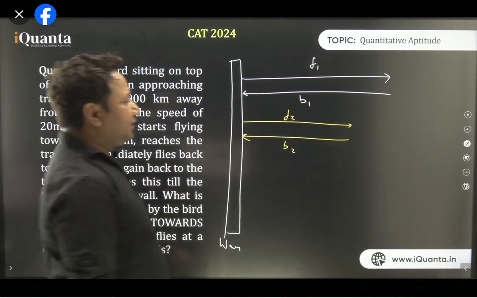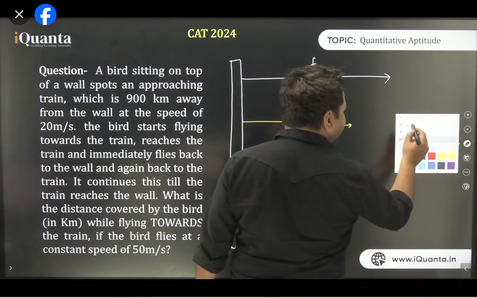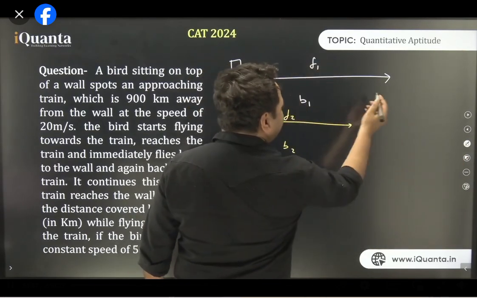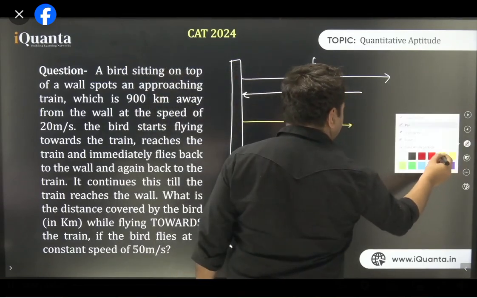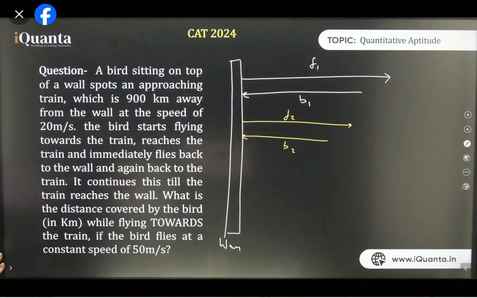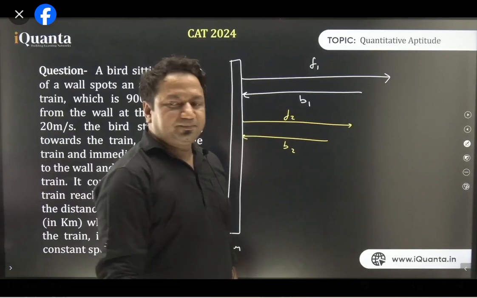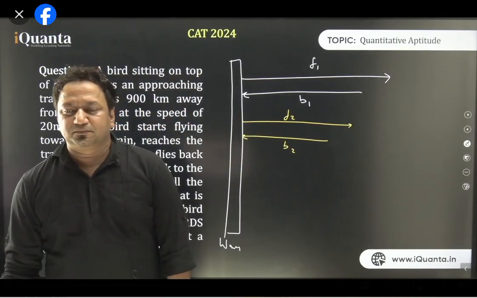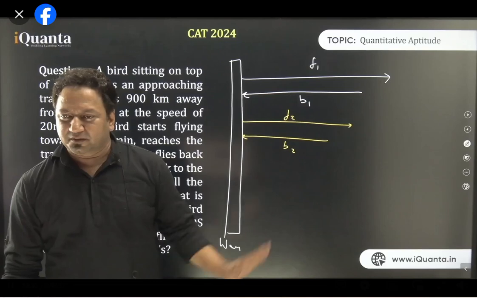By the way, when the bird was moving backwards, it must be moving less, because the train has also moved here. So I'm assuming B1 to be this distance, and B2 to be this distance. I think the diagram is more appropriate now. No, Sarang, F is not equal to B. That is why I have redrawn the diagram. Now I think it's clear.